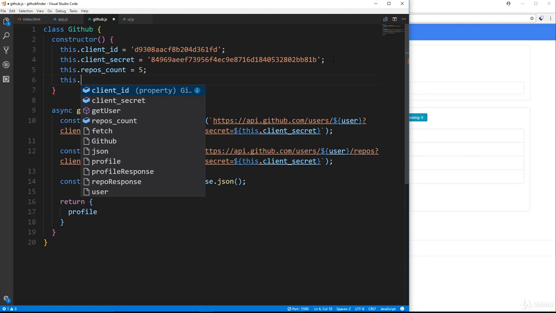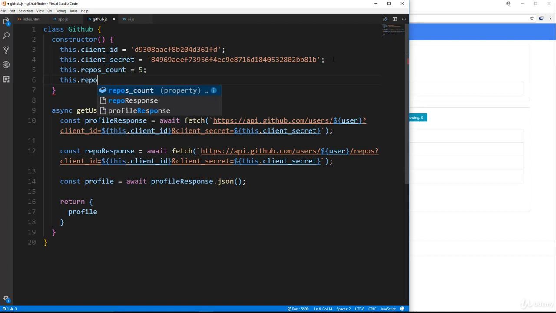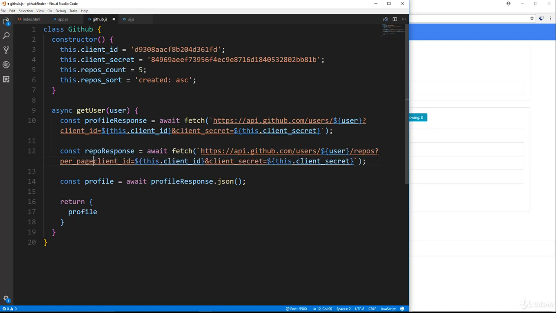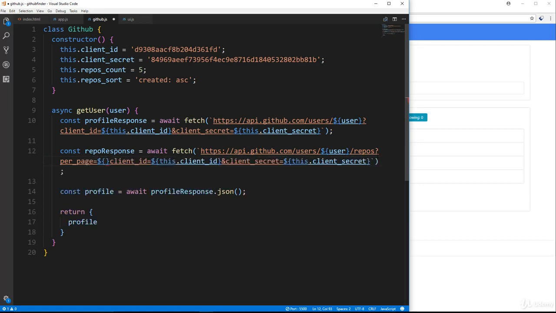And then we also want to sort it by, we want the latest ones first. So let's say this.repos_sort, and we're going to set that to created:asc. And we can use these as query strings in our URL to format the response. So let's actually do it before we put in the client secret and ID. Right after repos, where we have this question mark, right after the question mark, we're going to say per_page equals,